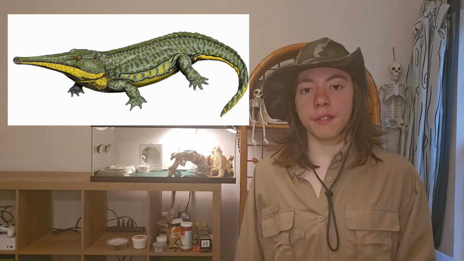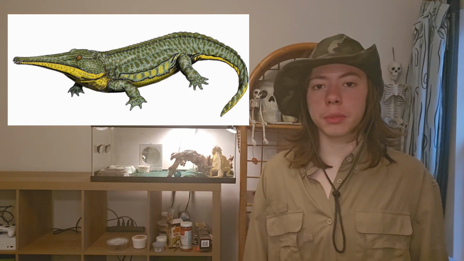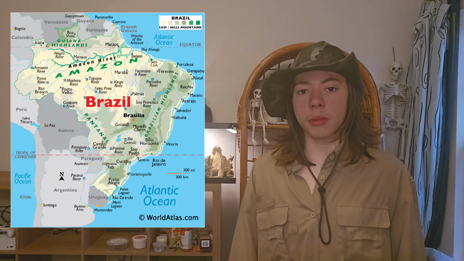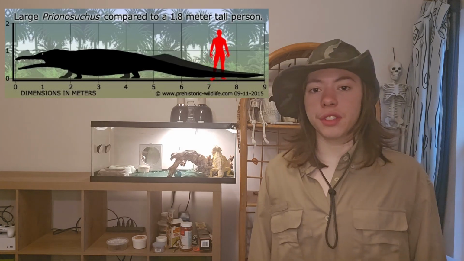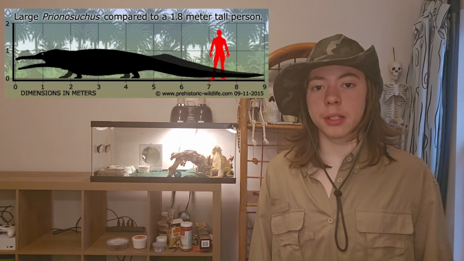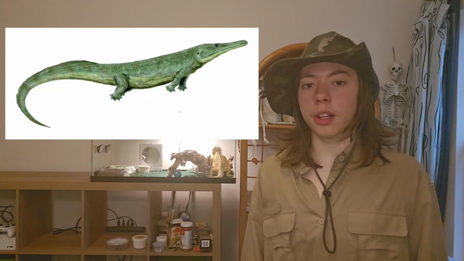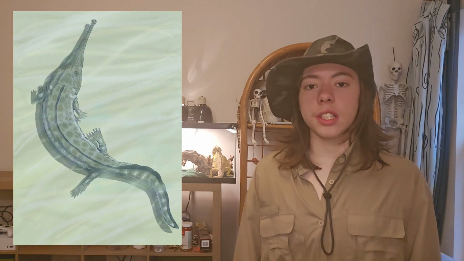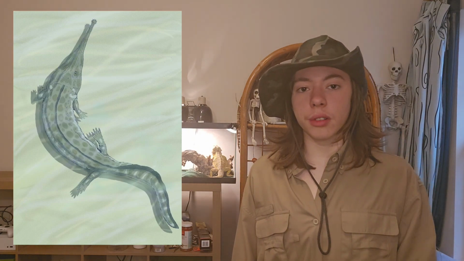The second Permian amphibian is Prionosuchus. Prionosuchus was a genus of amphibian. They lived during the Permian in what is now Brazil. They were 15 feet or 5.5 meters long. They were the largest amphibian to ever exist, that we know of. They were carnivores. They were also semi-aquatic and filled the crocodile niche. Only this time they convergently evolved to look like crocodiles.